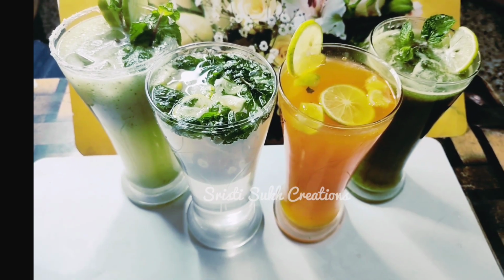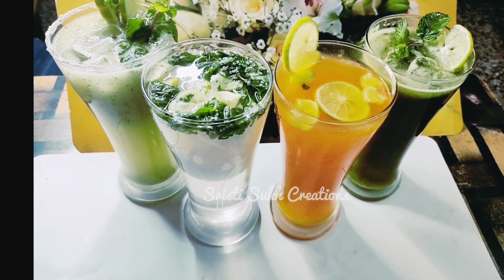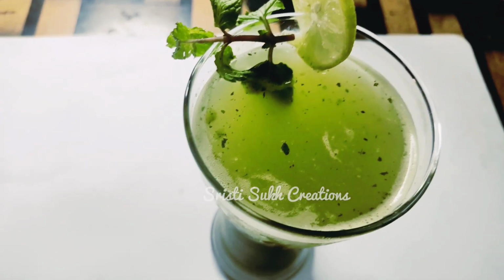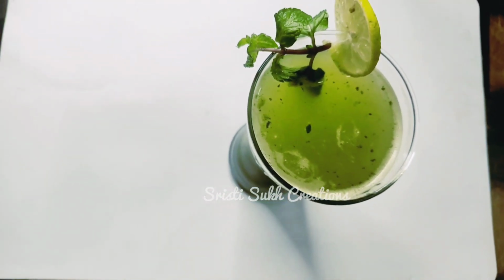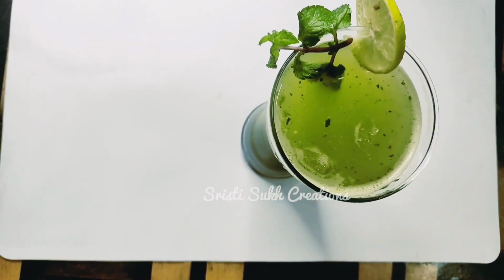So let's get started. First I will show you raw mango and mint leaves refreshing drink. How to prepare this? For this, we require